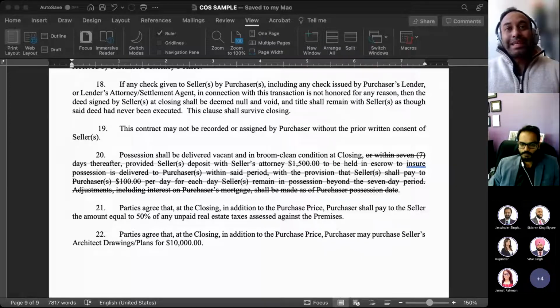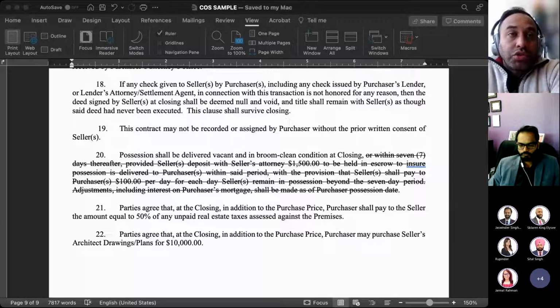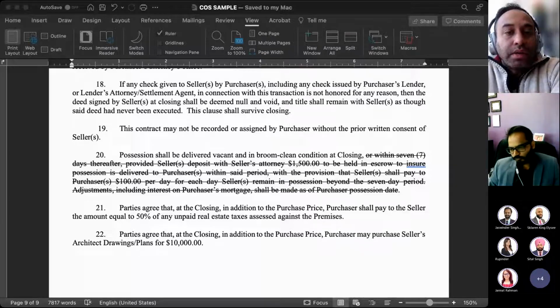Otherwise, just know at the end of it, right? Don't call me 2 years later and say, hey, we closed, I didn't get a survey, but now it turns out that there's a fence that's 3 feet in on my property. That's what you want to be aware of. So if a buyer doesn't want to do it, you can't force somebody to spend the money. But I would always implore them, listen, as an attorney, and I think also as an agent, you just want to give the representation to your client. I think this is a good idea, and if